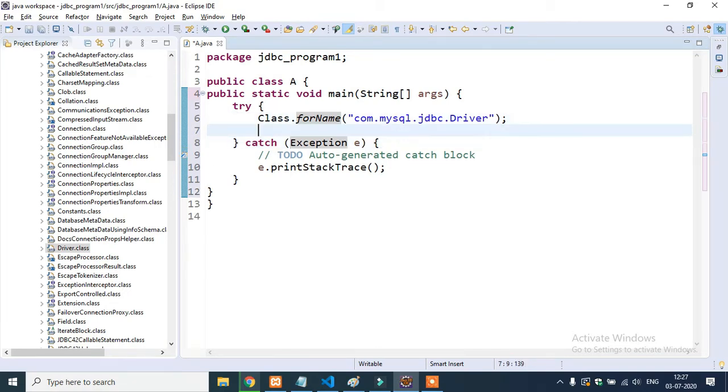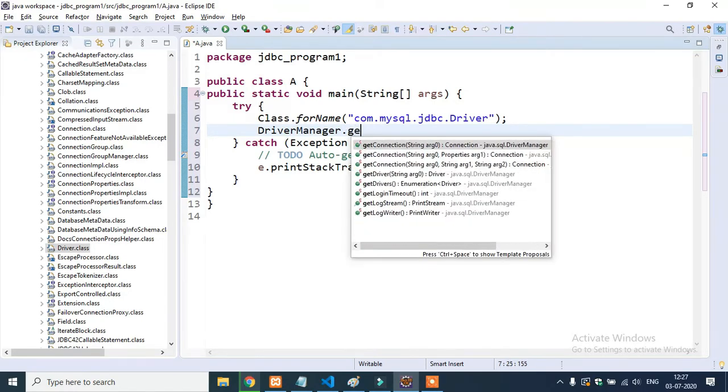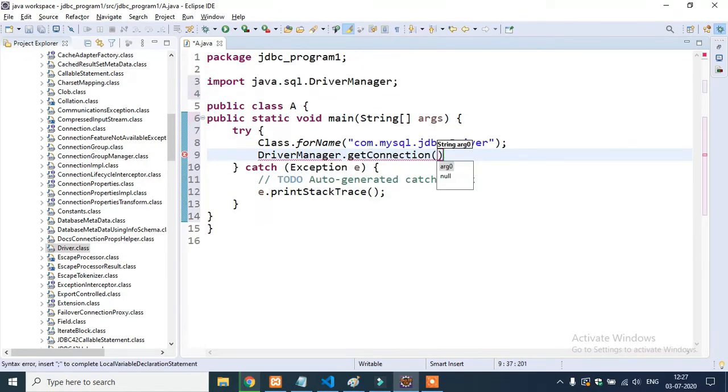After that, in the second step, I would create a connection to the database. Write DriverManager.getConnection, and let's give the path here, that is jdbc:mysql://localhost/student.